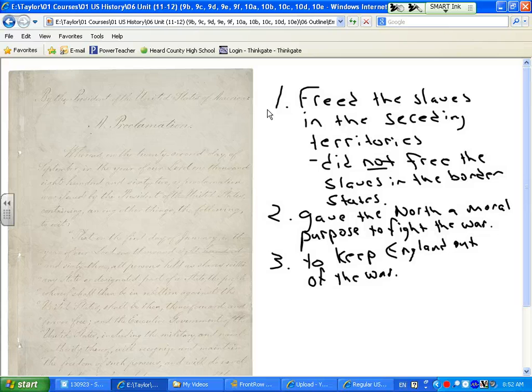If England had entered the war, it might have tipped the war in the South's favor, because they would have now had more ships, more troops, more money, more supplies. And the fourth and final reason Lincoln issued the Emancipation Proclamation was it added hundreds and thousands